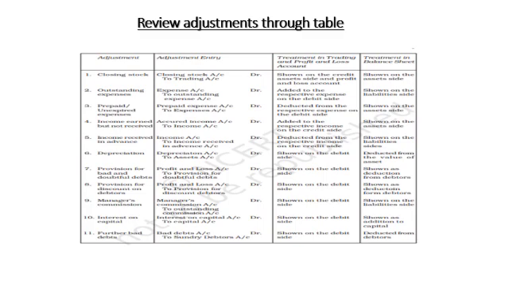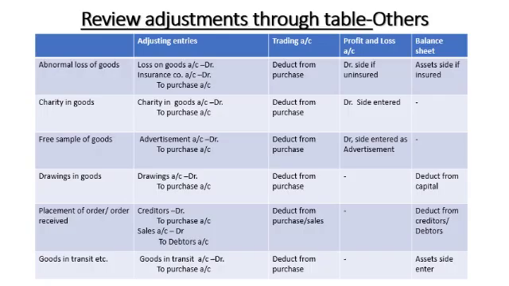Further, bad debts to debtors means it will be deducted from the debtors and will reduce the value of debtors. So it is placed on the debit side of the profit and loss as well as against the debtors. Now I am moving to the other adjustments like abnormal loss. You have the journal entry: loss of goods to insurance company and to purchase. That means the uninsured loss of goods goes to the debit side of the profit and loss, the insurance company goes to the asset side, and to purchase means the total value will be reduced from the purchase.